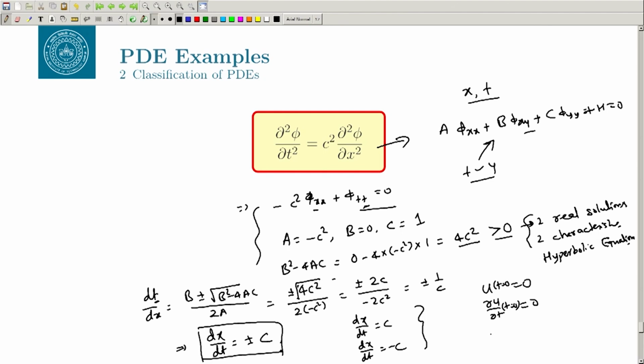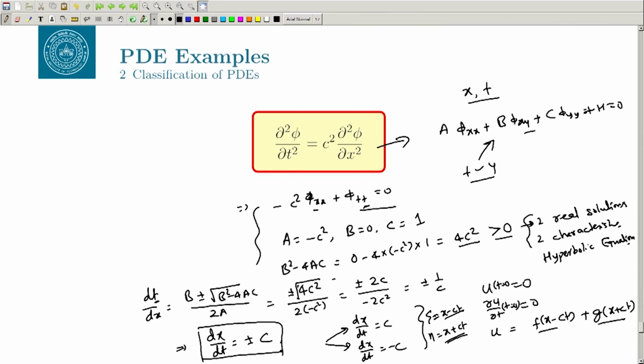So, you can write the solution as u, because you know that these are the characteristic lines. You can write this as f of x minus c t plus g of x plus c t, because these are our characteristic lines. So, there are two characteristic lines, zeta equal to x minus c t and eta equal to x plus c t. So, we can define our entire thing in terms of these characteristic lines,